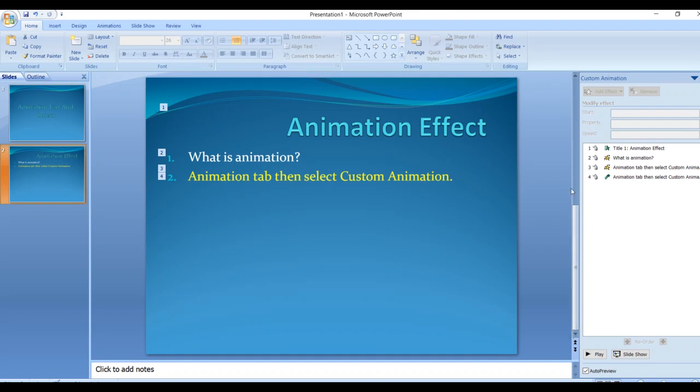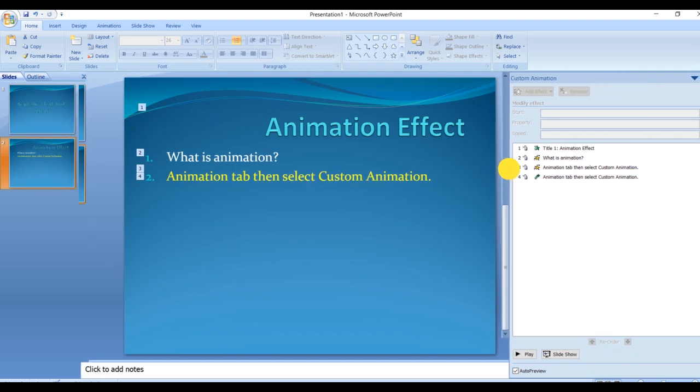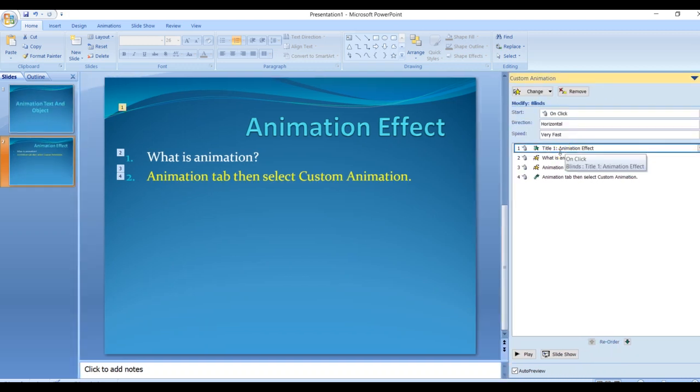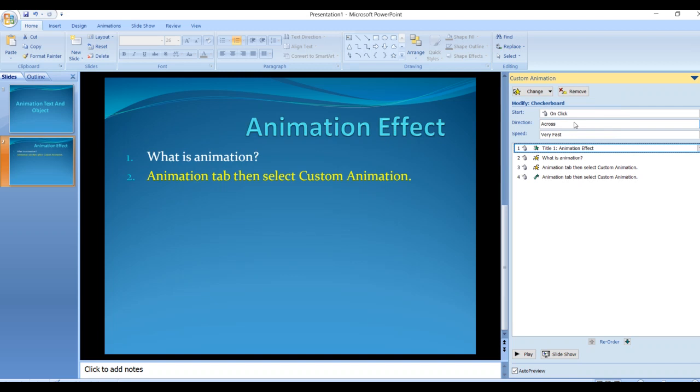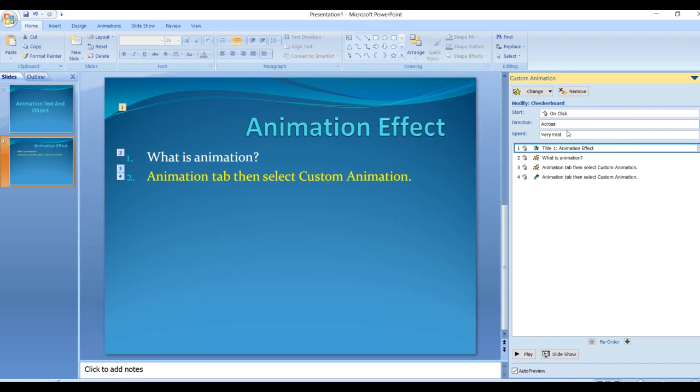Now suppose I have given an effect to my animation slide, but I want to change it. So how to change? I will just select it and click on change, and for entrance I want to give it this way.